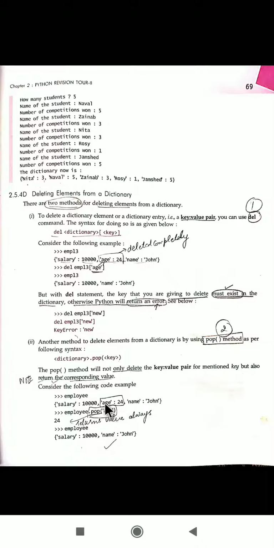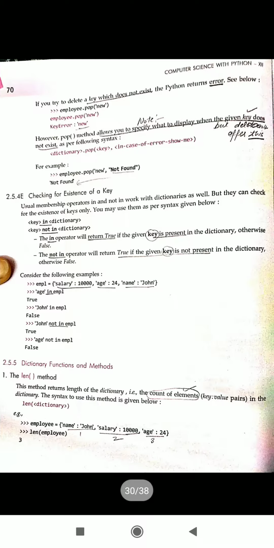If it exists inside this dictionary, it will give 24. If it doesn't exist, it will give you an error. But if you want to avoid the error, you should give text like this. If it does not exist, it will give not found, so no error will be there. So this is a way to avoid errors if a particular key is not a part of the given dictionary. I hope it is clear.